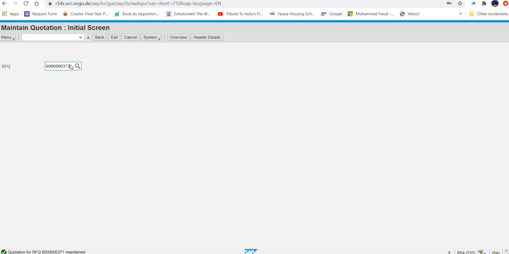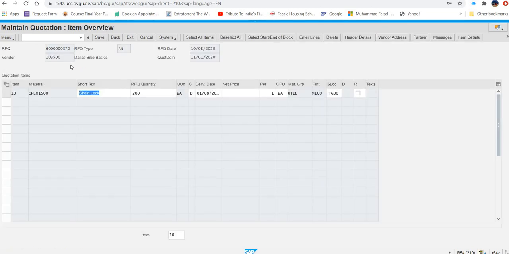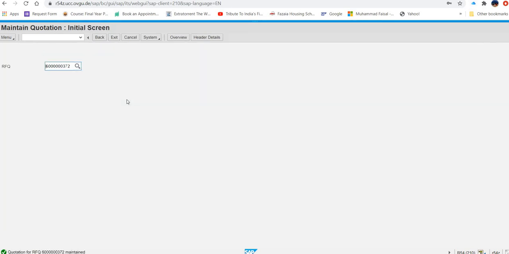and after pressing enter, what they said, put the cost 36.5 for Dallas Bike Basics here, 36.5, and save. And then go for the third one.